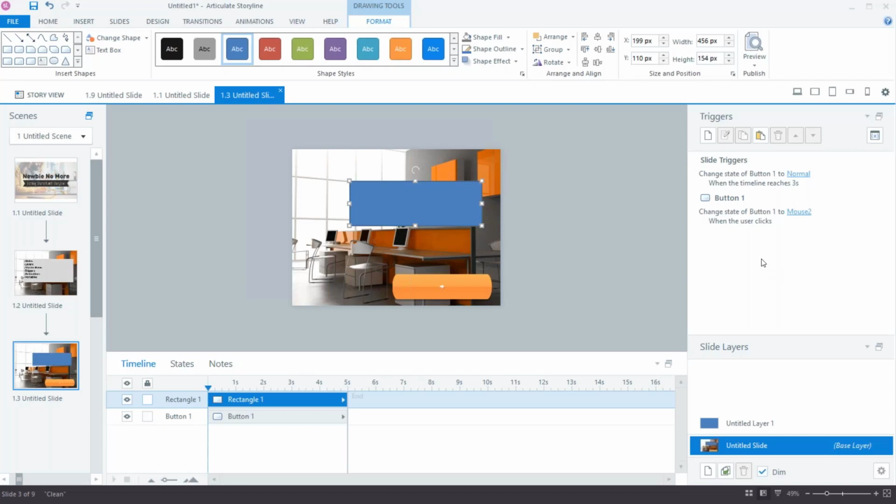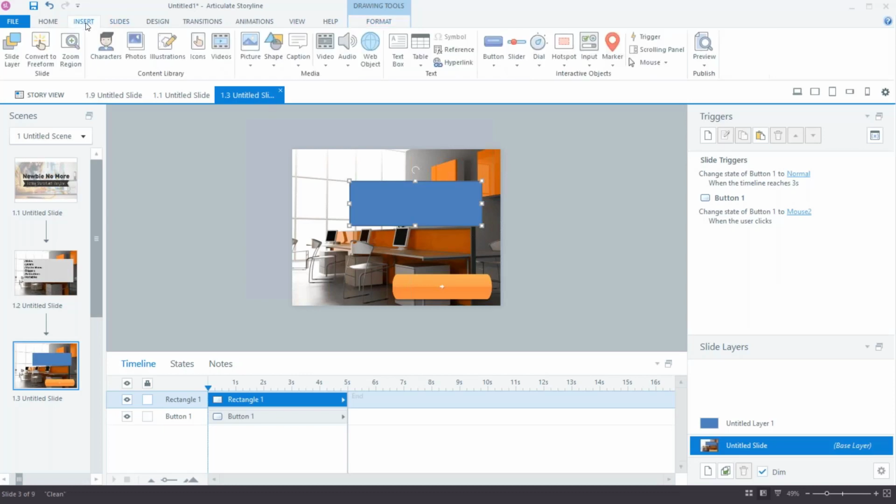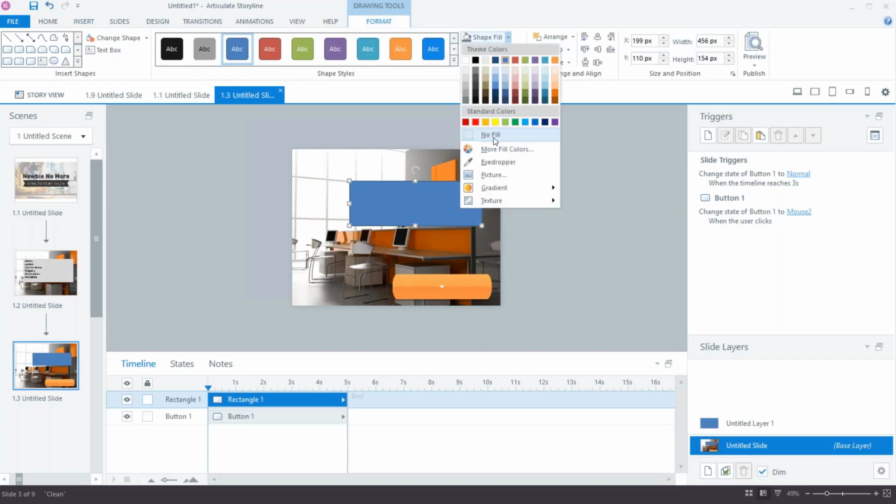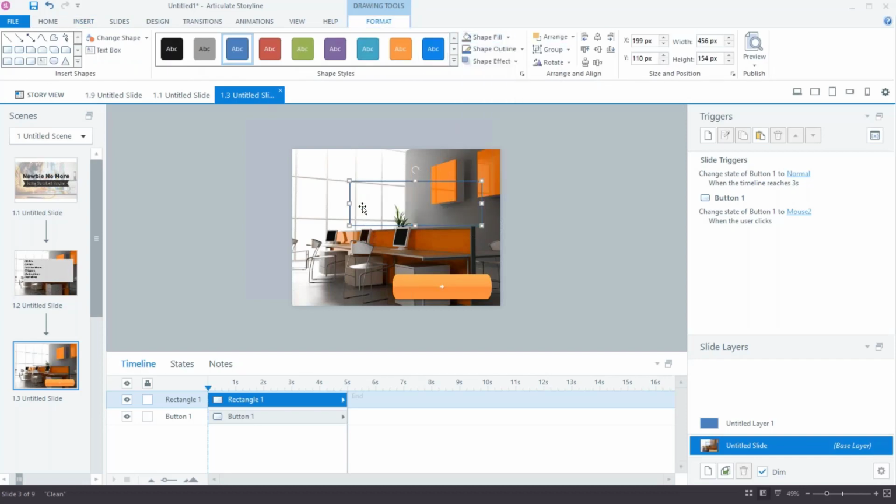And so understand that. If I wanted to, I could still also make something a button by inserting a hotspot. And that's useful if I've got a transparent object, if I wanted to make this shape so that there was no fill. If I do a no fill, then the clickable area just becomes this outer edge.